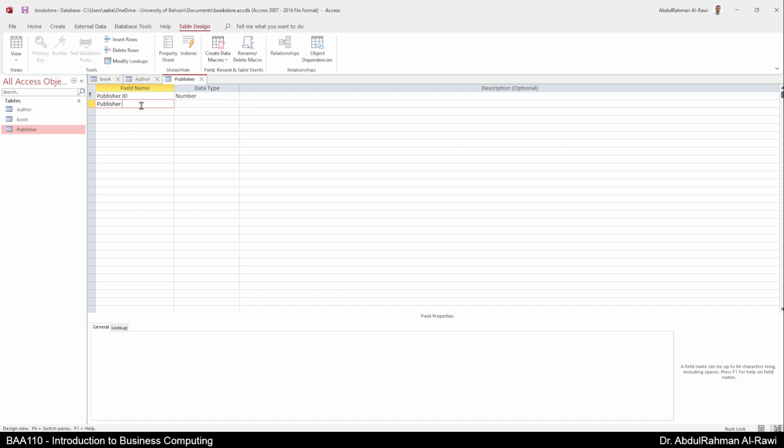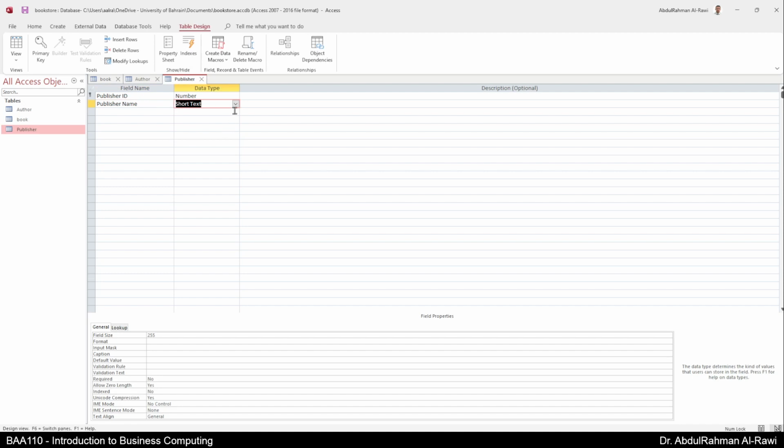And you can make abbreviation pub name only, and this is going to be a short text. Sorry, you see, we're going to just write 50 here. It's going to be required, of course,